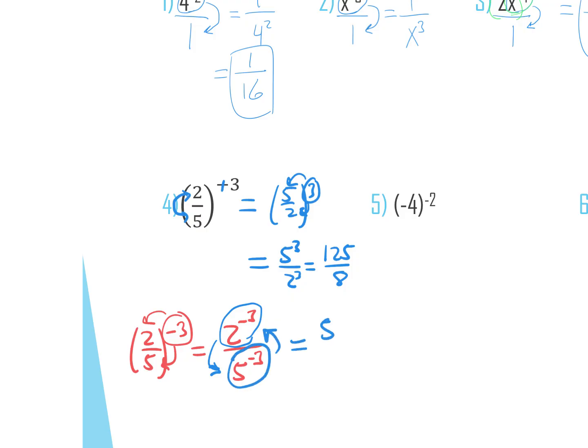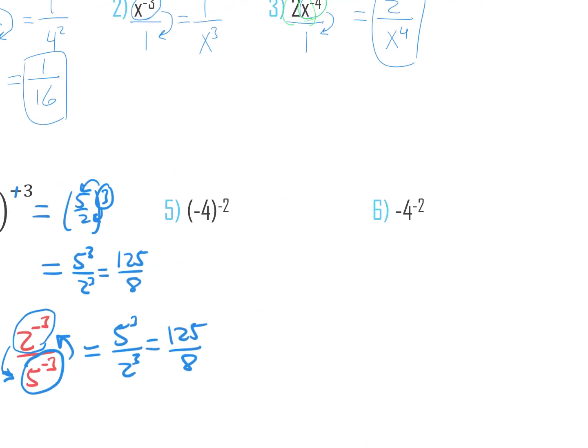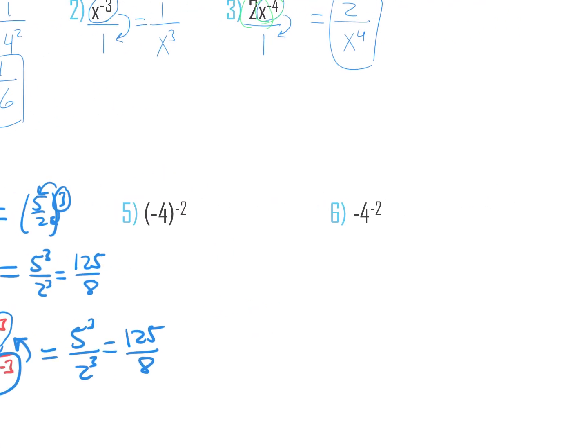And then that would still end up with 5 to the positive 3, 2 to the positive 3, right? So 125 over 8, right? No matter which way you do it, all right? Now, if you look at 5 and 6, I stressed it in the previous lesson, what are the differences